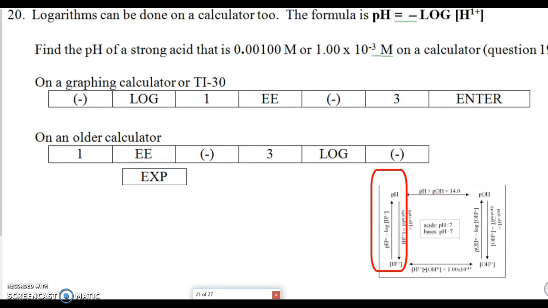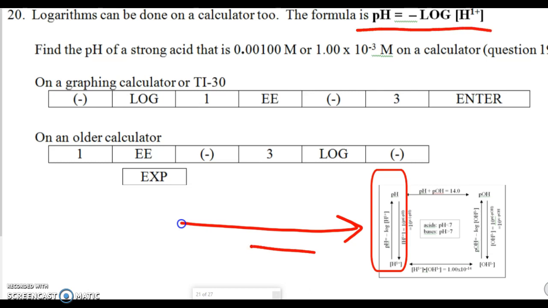So here we're going to start using the mathematical calculation, which is right here on your cover and on your worksheet. It says logarithms can be done on a calculator too. The formula is pH equals the negative log of the hydrogen ion concentration. And again, that's stated right there for you. Find the pH of a strong acid that has this molarity, or you can write it in scientific notation on